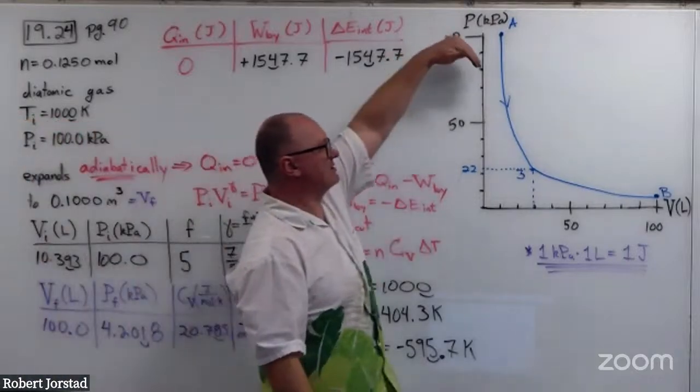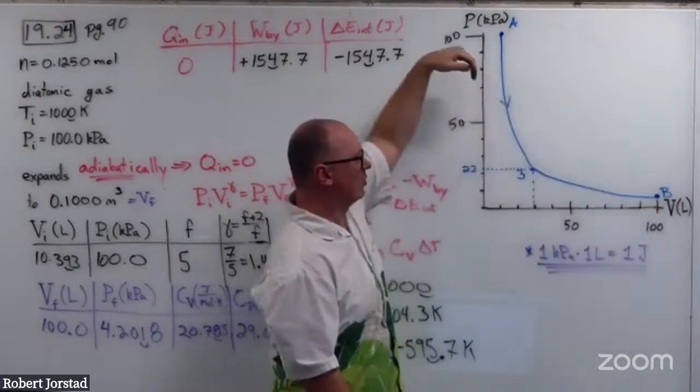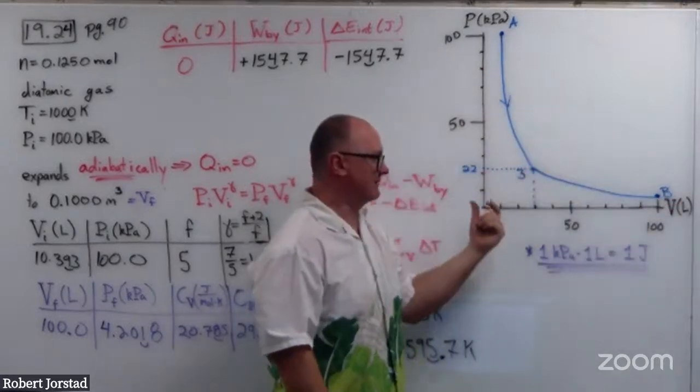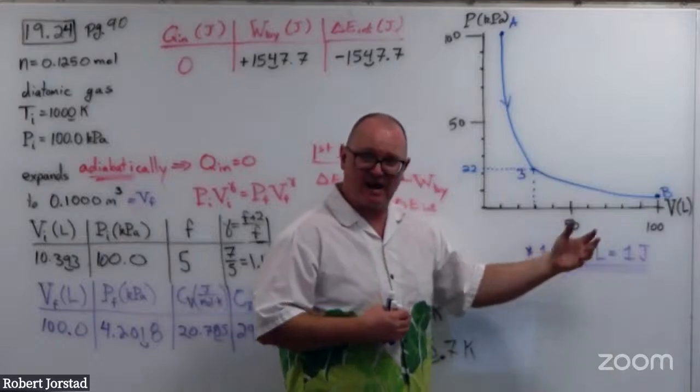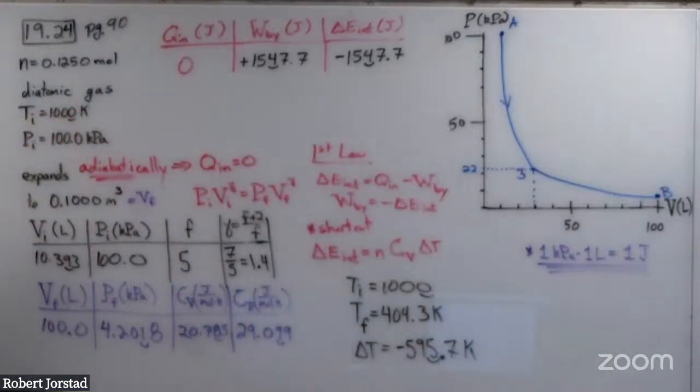This process is going the normal math direction. Area under the curve should be positive. Work done by should be positive. Delta V is positive. The gas is expanding. It's doing work on the piston. Makes sense. Now, as a check,